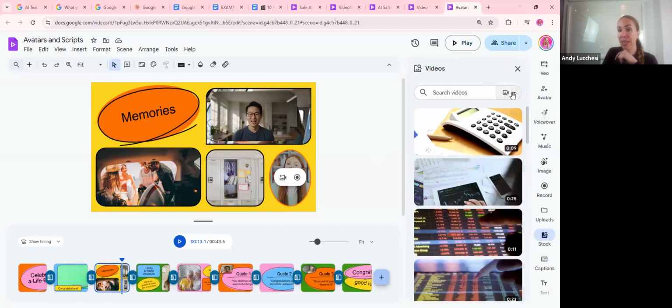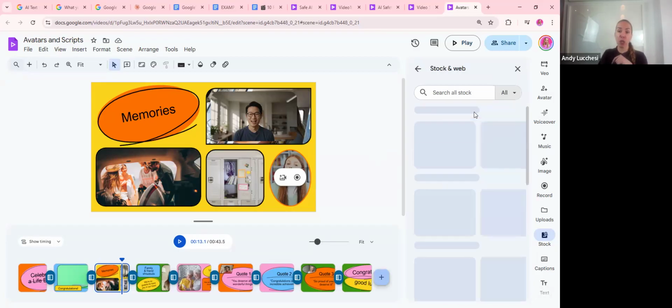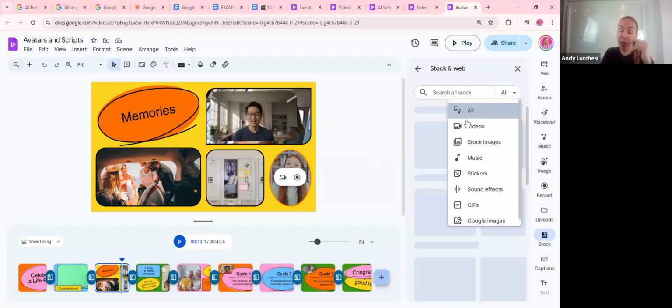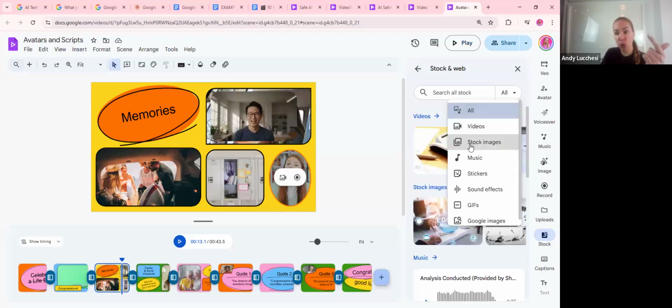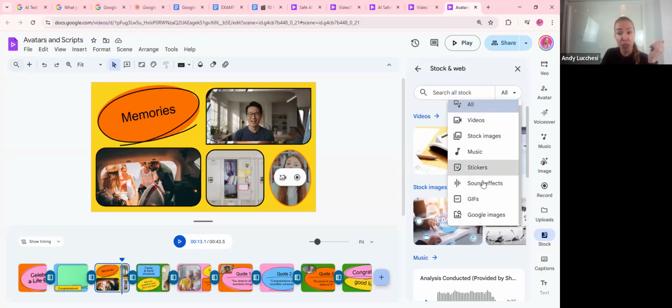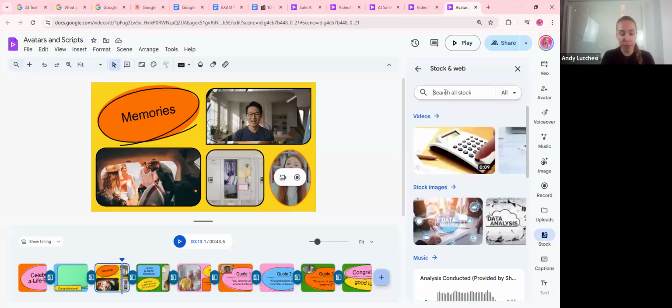Okay, yes. We can select different things. If we go with all, we have access, well, until it uploads, we have access to videos, to stock images, music, stickers, sound effects, GIFs, and Google Images. It's really interesting for you to look at the stock that they have because, for instance, imagine